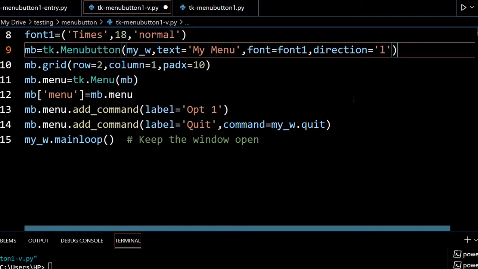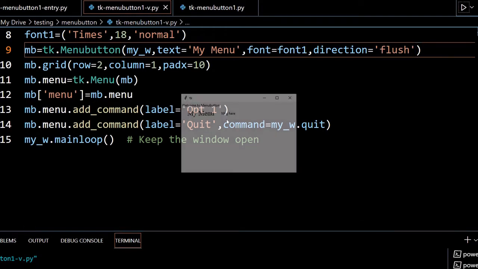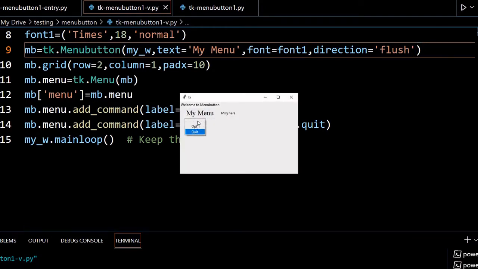Now the cursor is there. Other direction values you can use are below or flush also. So let me just say below, you can understand. Flush is along with that it will open up. Here it is. I am just showing here. Tear off, if I click this, then okay, it has gone here. I can pull it out also. This menu is separated from this.